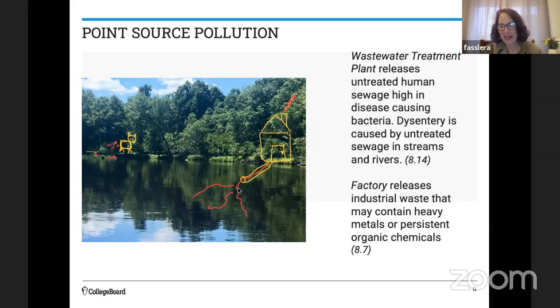And what's really exciting is that we're going to come back to look at some of these specific pollutants. Dr. Sowell's going to do that tomorrow. He's going to talk about wastewater treatment. And I'm going to talk on Friday a little bit about persistent organic chemicals. Again, so you get that really complete picture. Here's what the pollutant is, here's how it gets into the environment, and here's how I as a human then may get exposed to that as well.